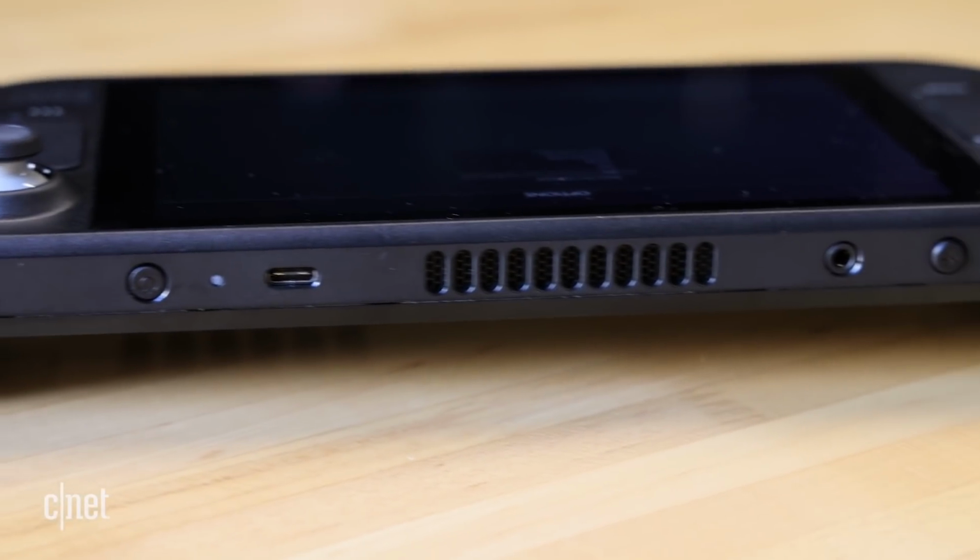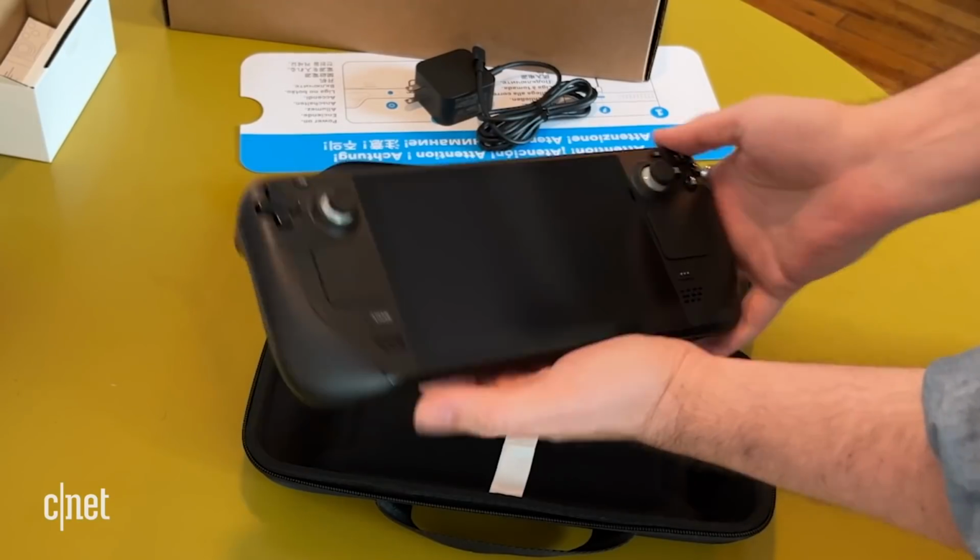Now, you're looking at the device and you might say, yeah, it does seem kind of like a Nintendo Switch, obviously bigger and thicker, with a lot of buttons on it. So when I first took the Steam Deck and showed it to my very game-savvy 10-year-old, his first comment was, "It looks old." And I can see that. This has kind of a first-generation hardware look. It's big, it's chunky,